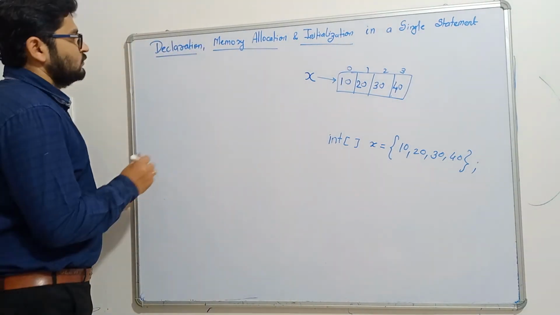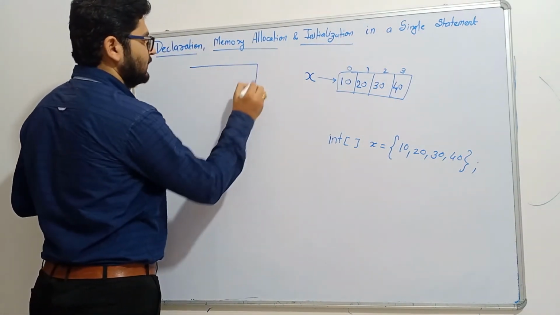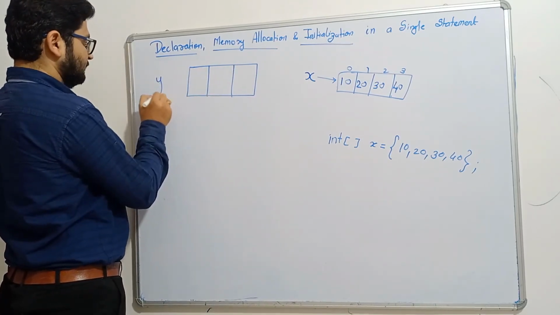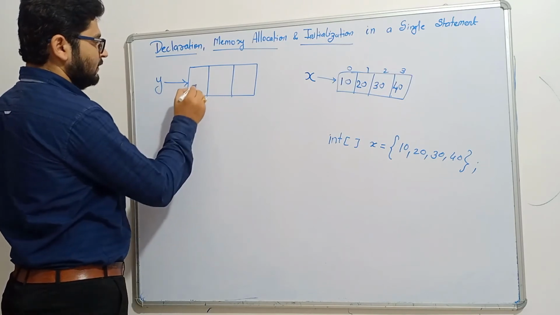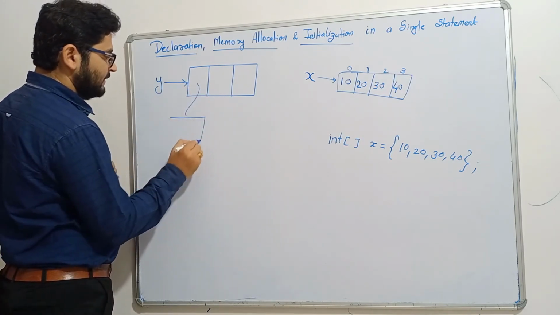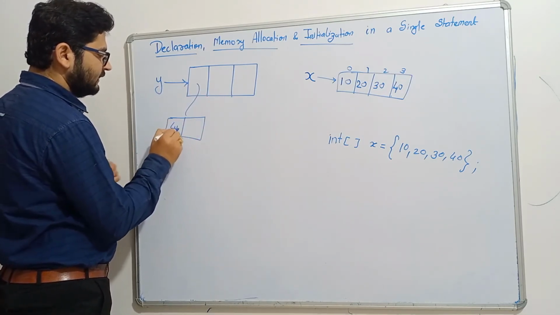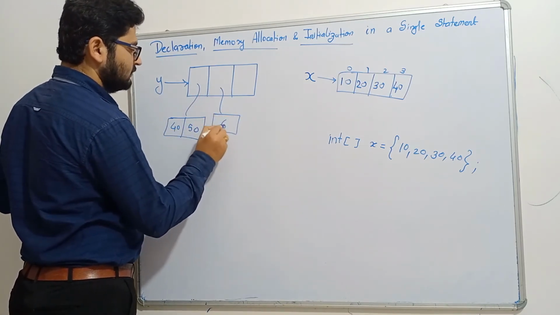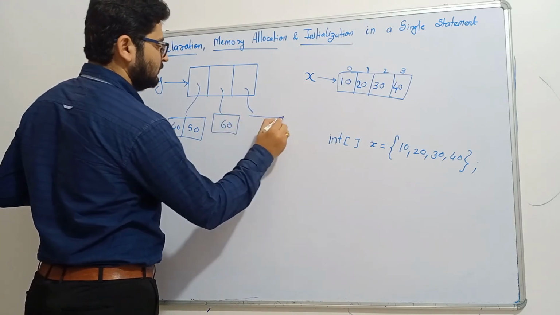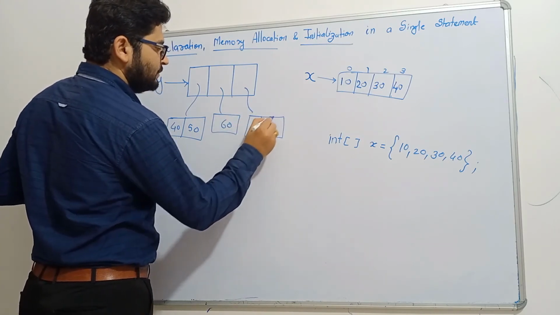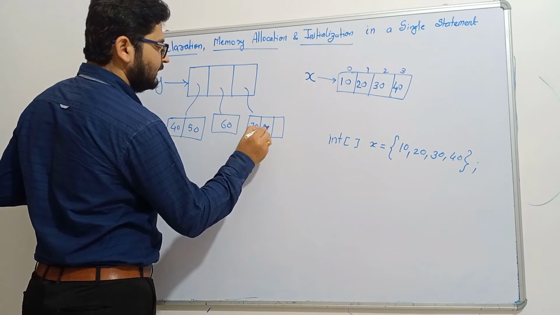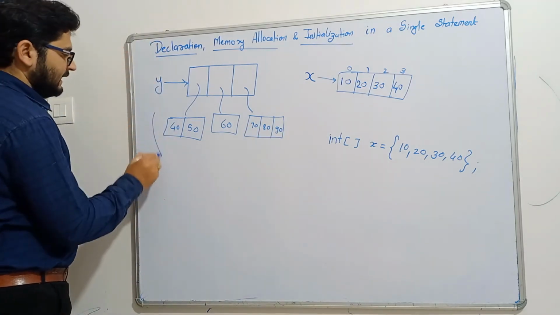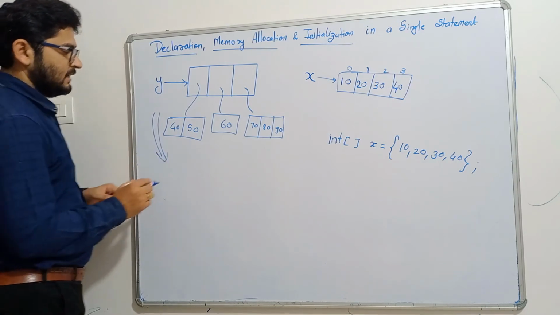Okay. So let us suppose I have a structure here of a two-dimensional array which is pointed to by y. Here the first element of the base array is nothing but 40 and 50. Here the second element of the base array is 60, and the third element of the base array is 70, 80 and 90. So let us create this in Java using a single statement.